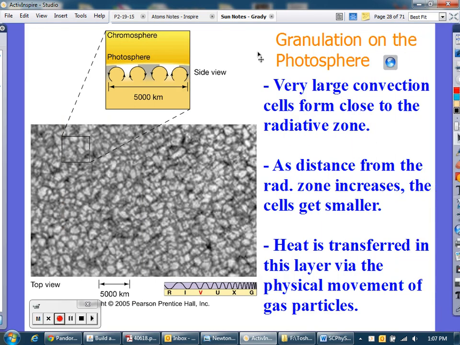Convection cells: after you get through the radiation zone, convection will start to occur within the plasma. Plasma is a fluid, so that shouldn't be that foreign an idea that convection takes place. It's physical movement of the plasma particles. If you look at this diagram up here, you can see that as the convection gets closer to the surface,